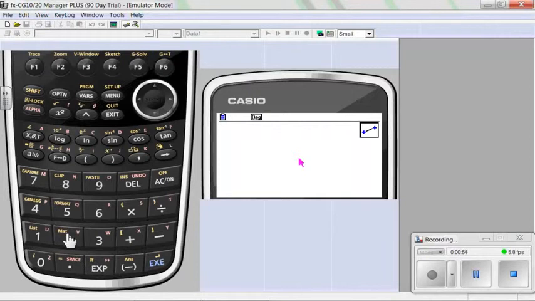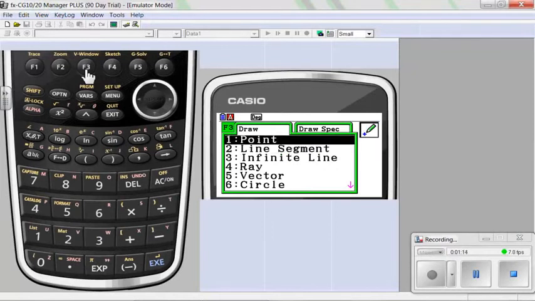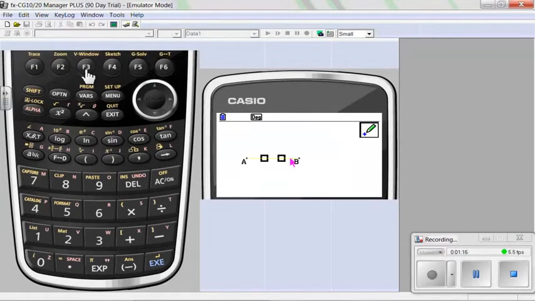Press number 2. I'm going to start at point 4, going over to point 5, press AC in between, making sure everything that's selected is deselected. I actually want to put a point on there because I'm doing a parabola. A parabola is the set of all points equidistant from a line called the directrix and a point called the focus. So there's my point on the directrix. I want to put a point up here in the space. That's going to be my focus.